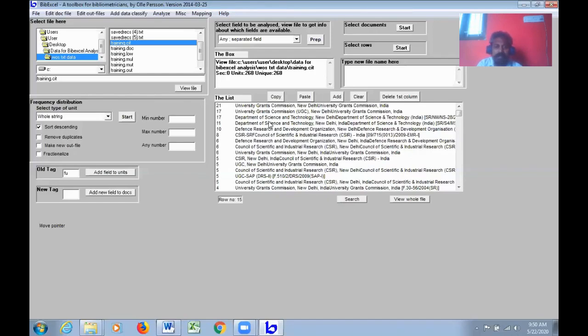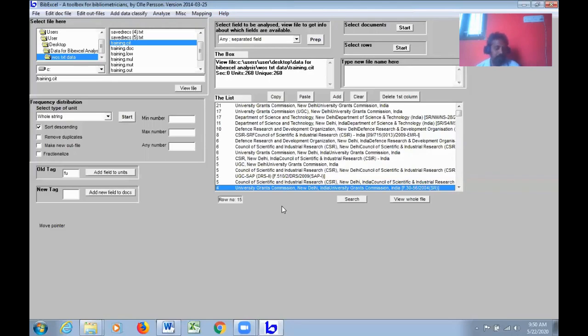Please understand here, sometimes due to variations, University Grants Commission, UGC, 2 different names are there. You can see University Grants Commission. So you, as a human being, need to check the results. Whenever there are spelling mistakes, it will show us 2 different records. So 21 University Grants Commission, 17 University Grants Commission, here 4 University Grants Commission. You have to add all the 3 to find out the total number of projects sponsored by University Grants Commission. Fine. So these are a few fields, maybe author field, keyword field, research field, funding agency